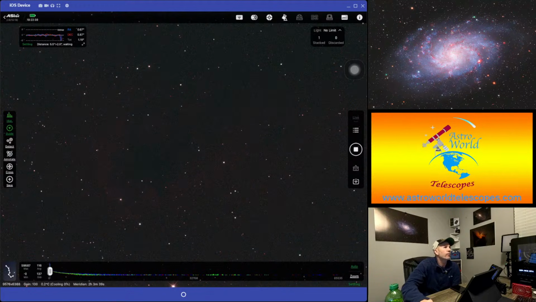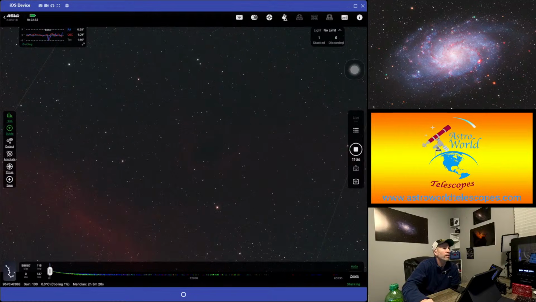Okay, it's settling. I was like, let's not take any more pictures. When the mount is settling for the guiding, it doesn't take a picture. So give it just another minute. We'll get a couple more images in there, and then we'll move on to the Horsehead. But this is a really cool